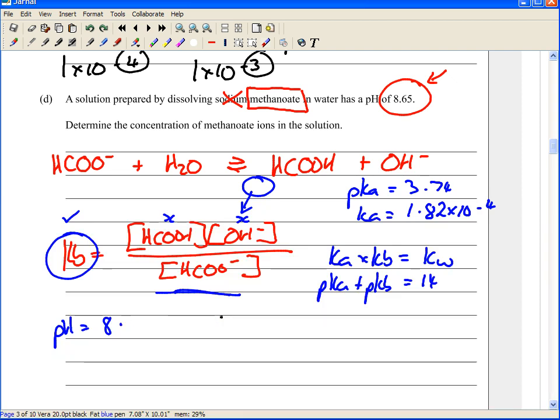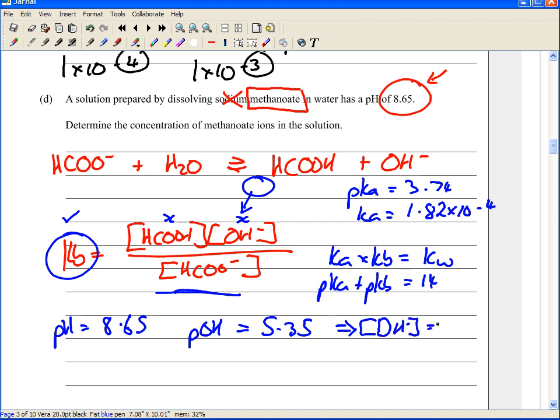I can know that the pOH is equal to 14 minus 8.65 equals, okay, let's put it in properly, 5.35, because the pH plus the pOH equals 14, which means that the OH minus concentration